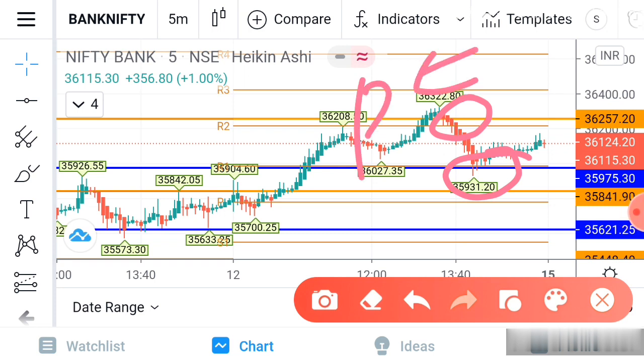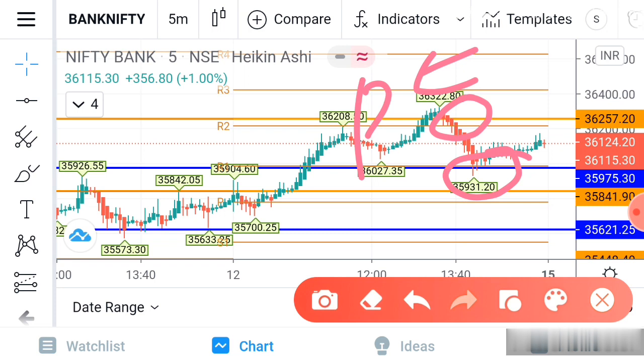This is a very good strategy we can use for intraday trading. For purely intraday trading, we should know the trend of Bank Nifty. If you know the trend of Bank Nifty, you know which call you have to take. Always you have to wait until proper confirmation, then only we take an entry. So don't hurry in the market. We need a lot of discipline and a lot of patience also.